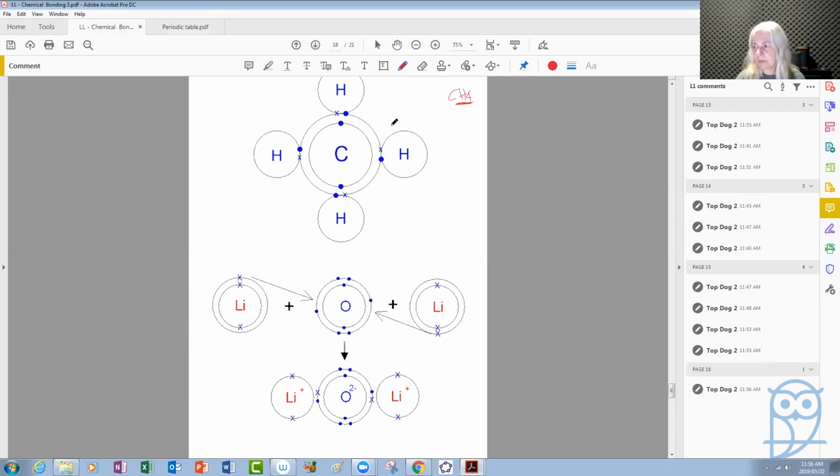We have discussed this before, but let's discuss it again. And if we don't have time, we'll discuss it next week because it's important. And here we have another compound, which is lithium oxide. I want us to discuss those two compounds and see the difference. If we look at the top one,